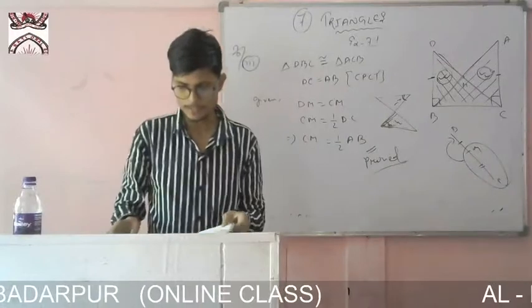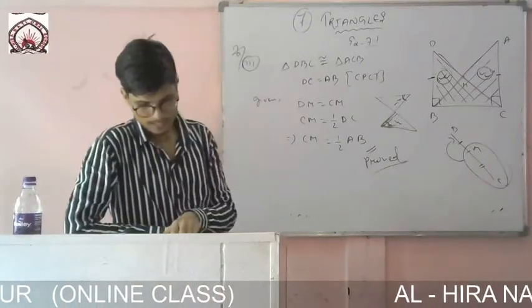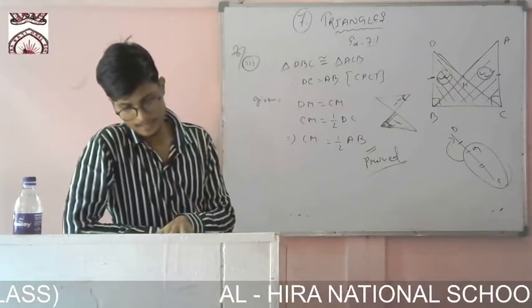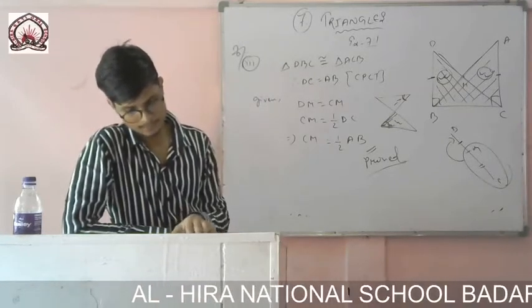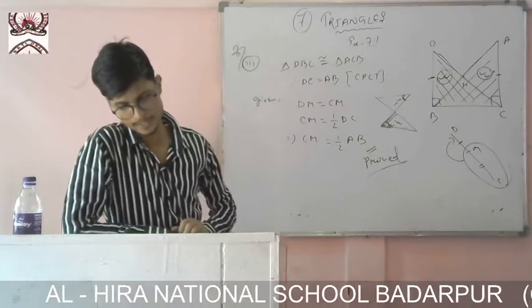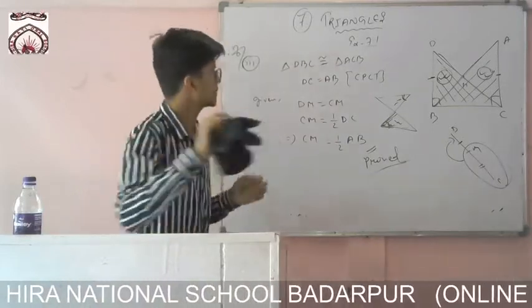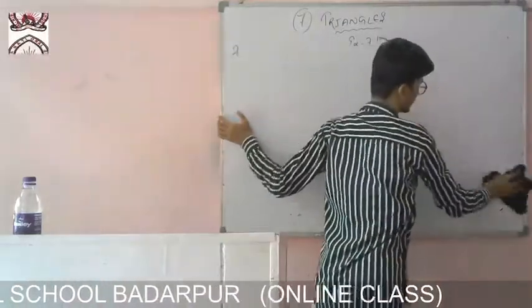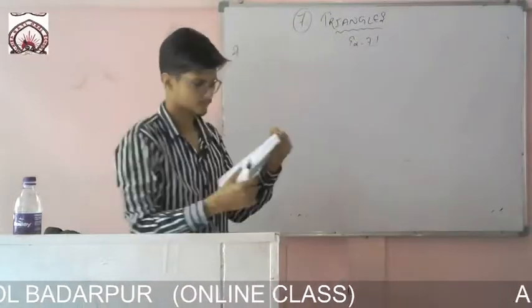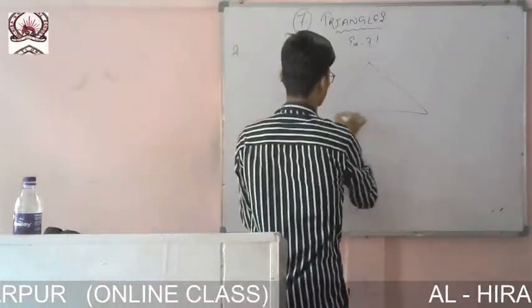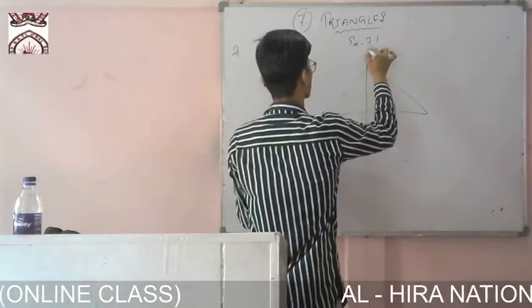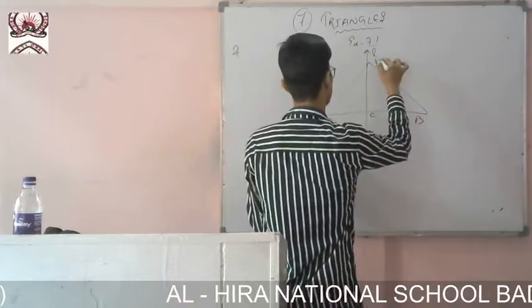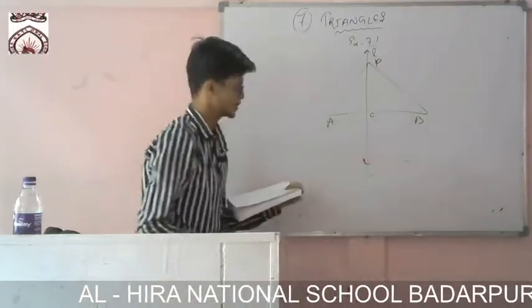Okay, so now you see example number 2. You see AB is a line segment and line L is its perpendicular bisector. If the point P lies on L, then P is equidistant from A and B. Okay, let me draw the figure and make you understand. L, then there C, there A, there B, there P. Okay, so it is like this.